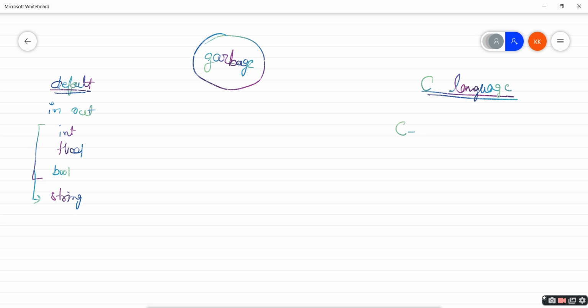But in C++, they have default values. For int, if we do not initialize, it is initialized with 0. For float, it is initialized with 0.0. For bool, it is false. The bool can only have two values, true or false, so the default value is false. String will be an empty string, nothing inside.